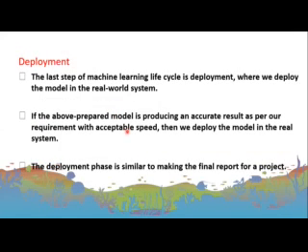Next is the deployment step. This is the last, or final, step, where you can deploy the model. Definitely you can make a model, and we also have a built model that is ready to go for production. So that means the final outcome is generated here. This is similar to making the final report for a project. After getting the accurate result and testing and training the model, we can go for implementation. Exactly, after deployment, you can go for implementation into the real world system. So these are the basic things about the machine learning life cycle.